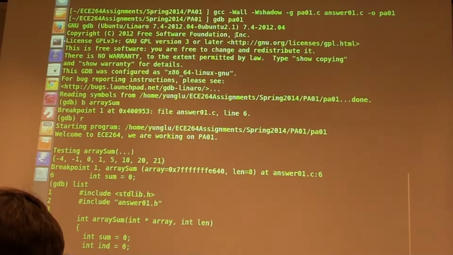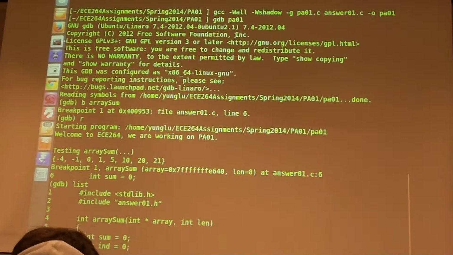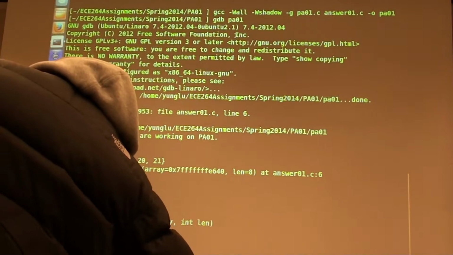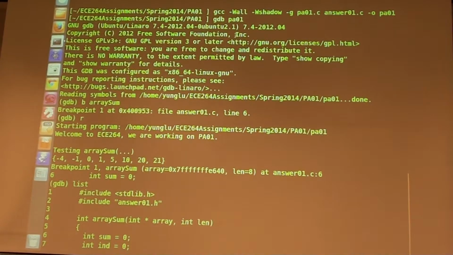Okay. I want to show you in this example how to see the call stack in GDB. Very often when you debug a program, you need to know where the program comes from. You need to know which function calls which function. So before you use GDB,